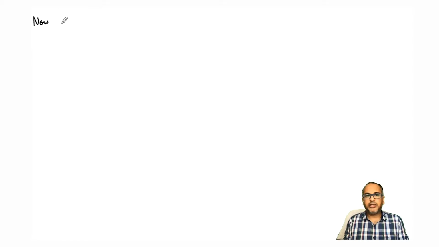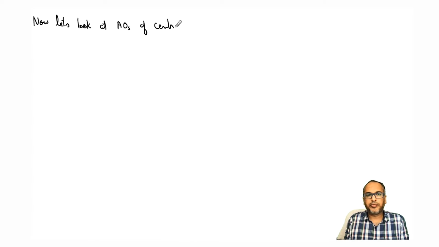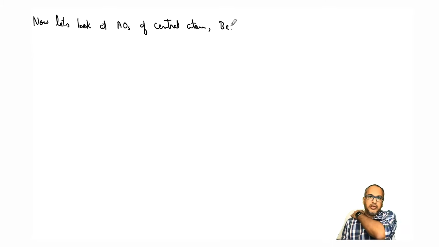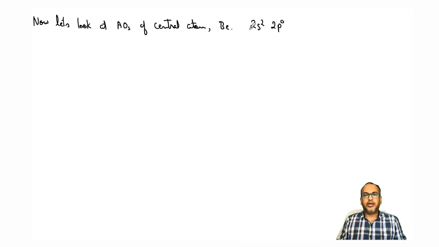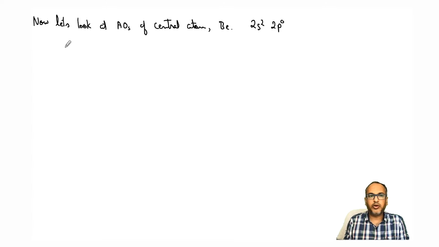So now that we have determined the SALCs, now let's look at atomic orbitals of the central atom, which is beryllium here, right? So the central atom has valence shell as 2s2 and 2p0, right? Okay, so now what is the symmetry for 2s? So 2s under the D∞h point group, we see that the 2s orbital is a spherically symmetric orbital, so